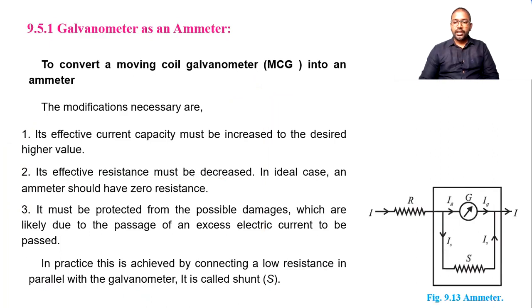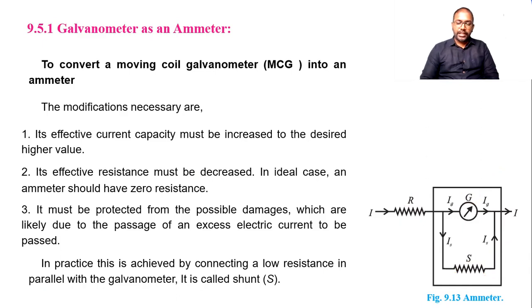So you can see here, this is the connection, means circuit diagram, for this ammeter. So this is a galvanometer. You can see this G for galvanometer, and this is the external resistor R, whose current we have to measure. Then to this coil of the galvanometer, we have connected a very low resistance in parallel. When we connect the low resistance in parallel, this G and S combination, because of this parallel combination, the total resistance of this combination is lesser. So we are doing this arrangement here.